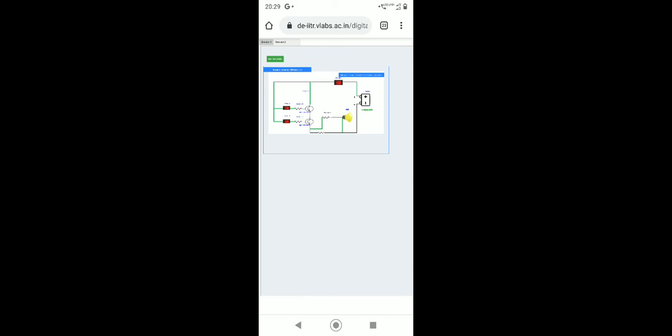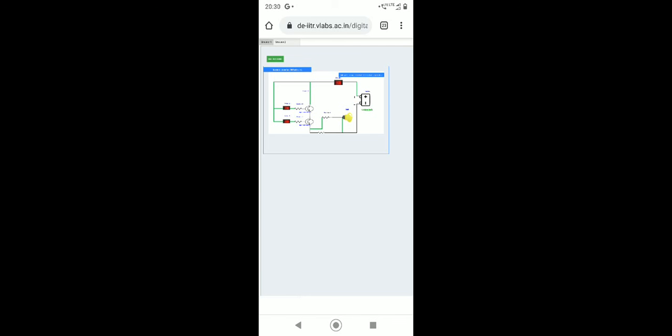As we know that in the AND gate both the switches have to be 1 to get the output 1. That's why we turn on these two switches, switch 2 and switch 3, and we get the output 1 because the bulb is glowing. I think it is clear to you.